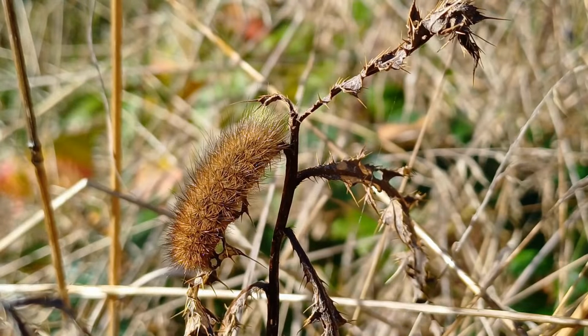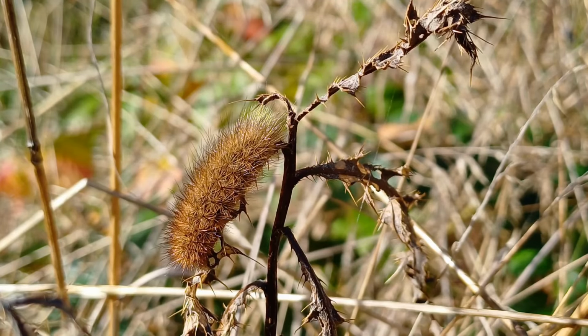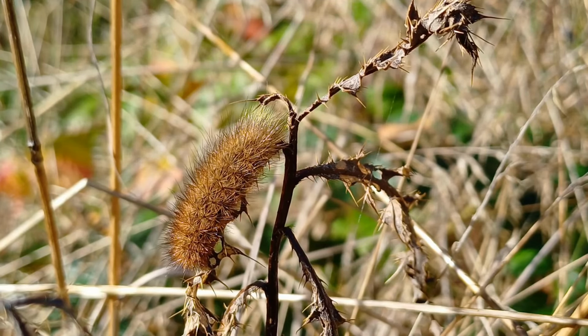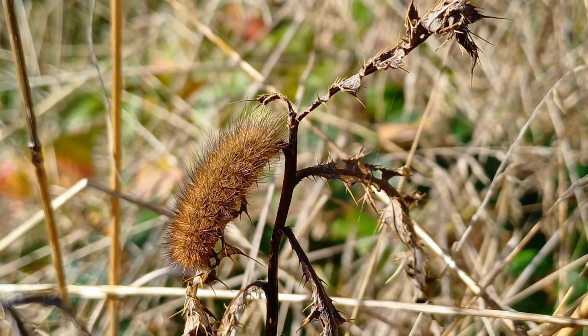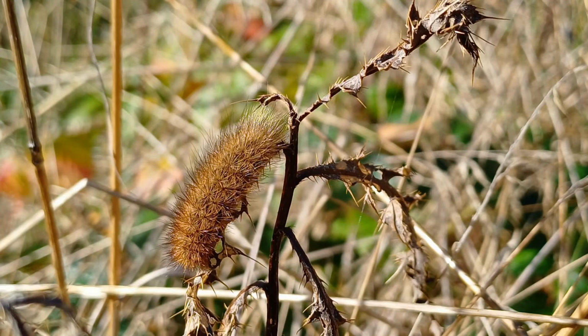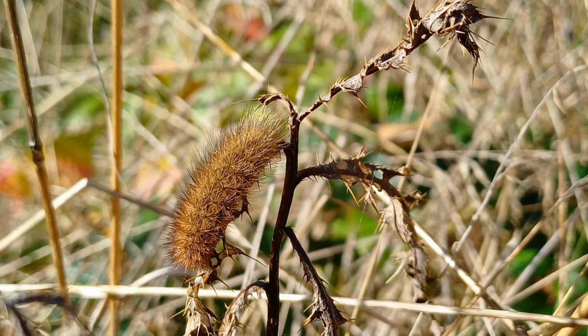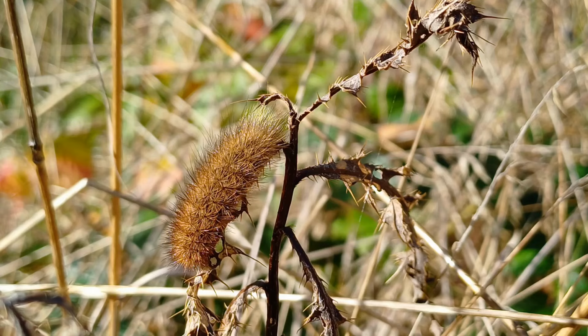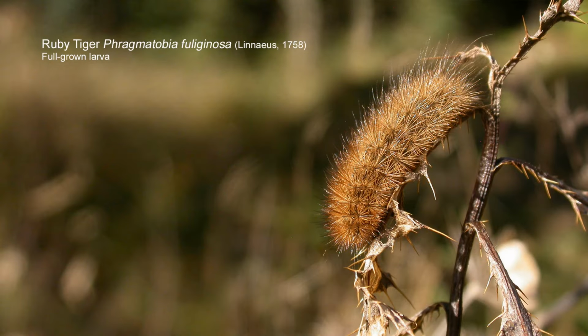With every year, the further you get into autumn, the more difficult it becomes to find insects and other invertebrates. But on those rare events when we get a fine sunny day such as today, it pays to look amongst the foliage, and quite easy to miss from a distance, this ruby tiger caterpillar is making the most of the